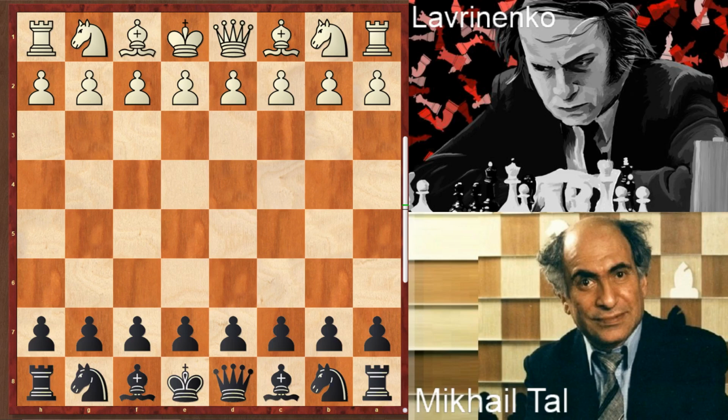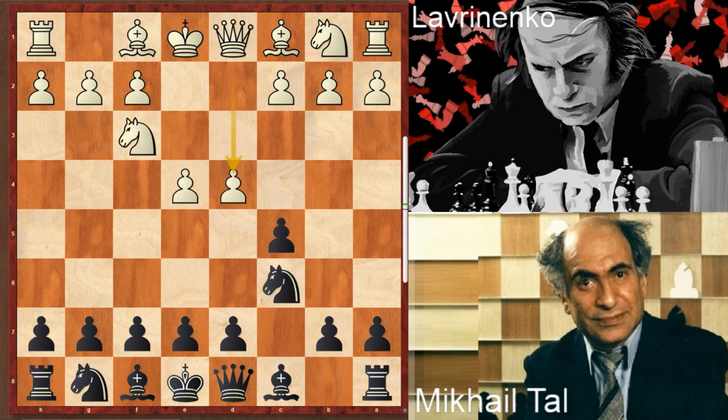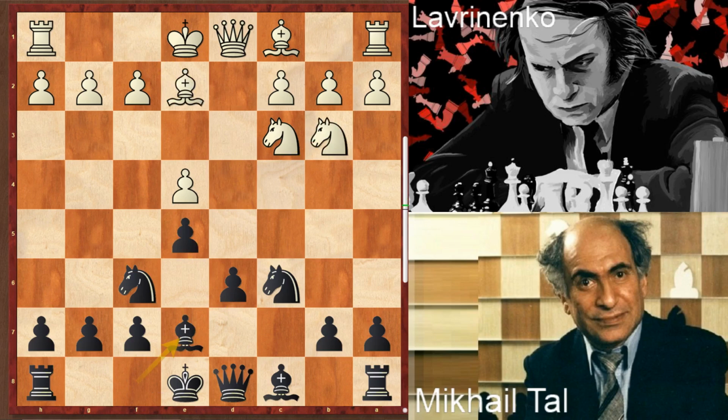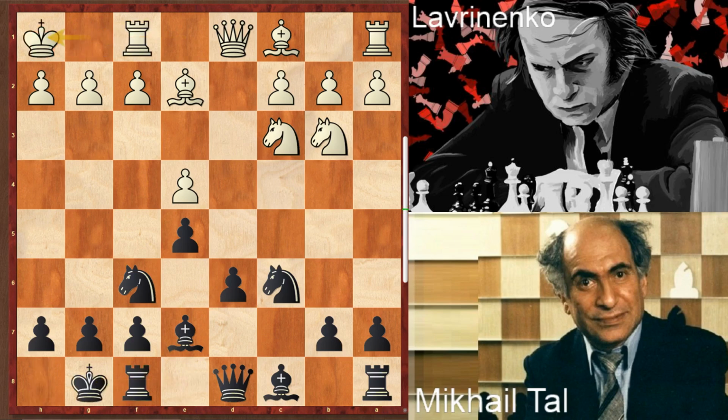Lavrinenko had white pieces and he started with e4, c5 from Mikhail Tal, Sicilian, knight to f3, knight to c6, d4, c takes d, knight takes d4, knight to f6, knight to c3, d6, bishop to e2, e5, attacking that knight, so he moved to b3, bishop to e7, castle kingside, also Tal castle kingside, and king to h1, bishop to e6, f4, e takes f4, bishop takes f4, rook to c8,